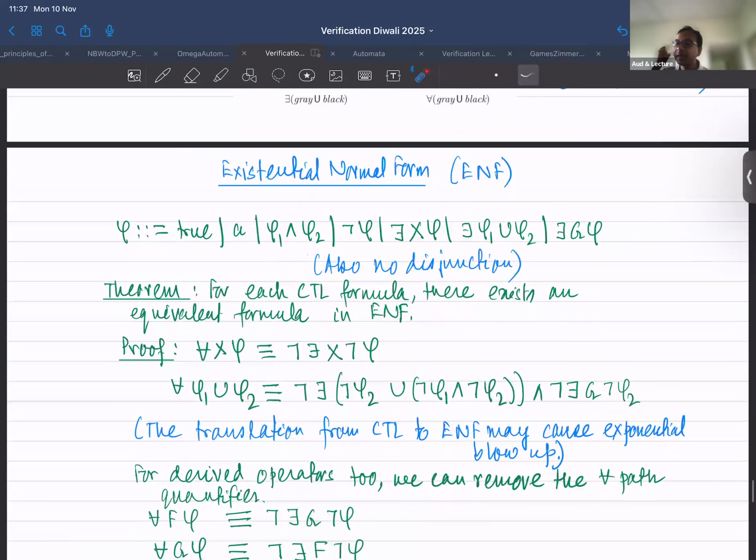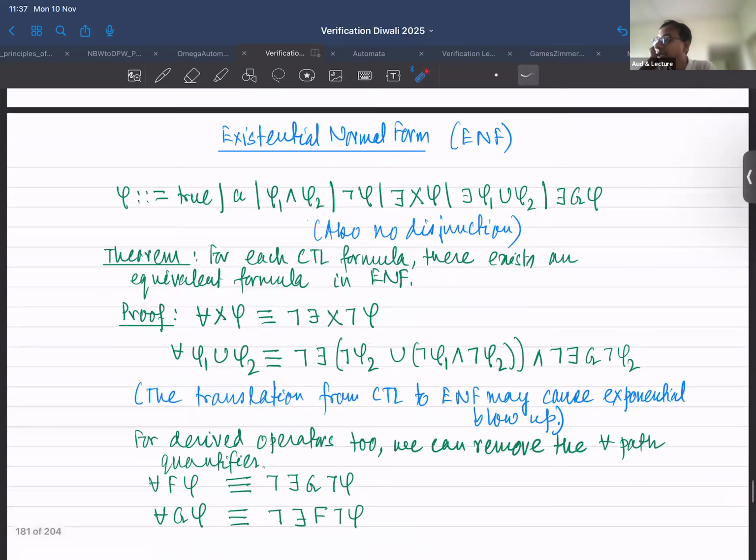And then we also said that just like LTL, here also we can have an existential normal form for CTL. Now, just to note that for the existential normal form, we need something like there exists globally phi, there exists always phi. So this operator exists G is something that we need. Why is it so? Because if you have for all next phi, then the for all here can be replaced with: it's not the case that there exists a path such that next of negation of phi, right?